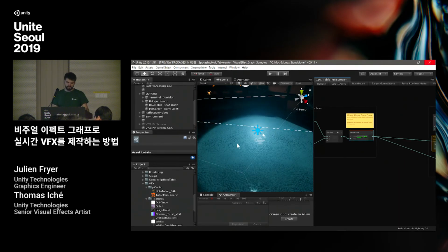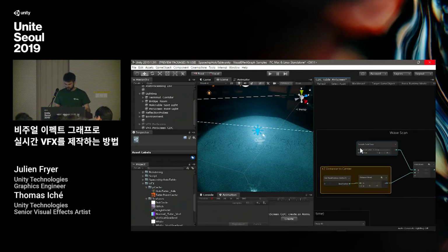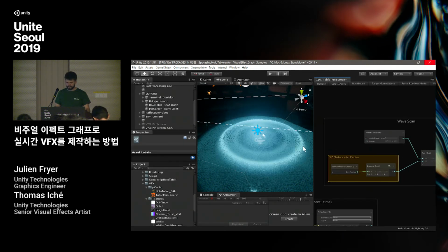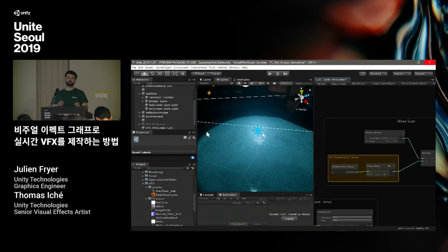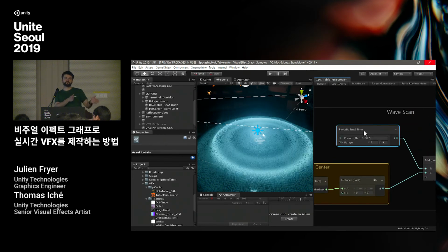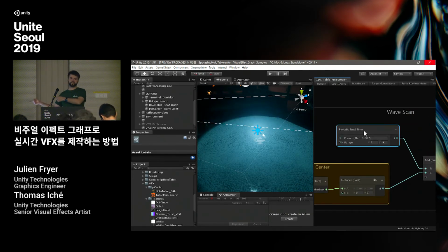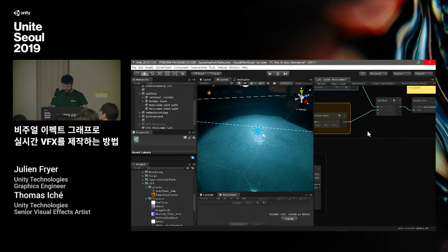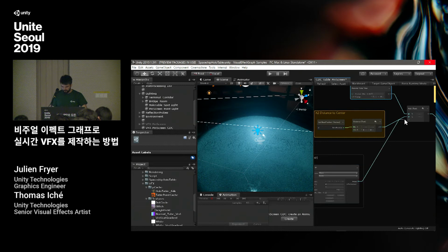And in order to animate this ripple, I just perform distance to the center that will give a 1D coordinate that goes outwards. To animate this coordinate, I use periodic total time that will just perform an offset, so it will make the ripple scroll from the inside to the outside. Then we added some noise to this distance in order to add some kind of variation.